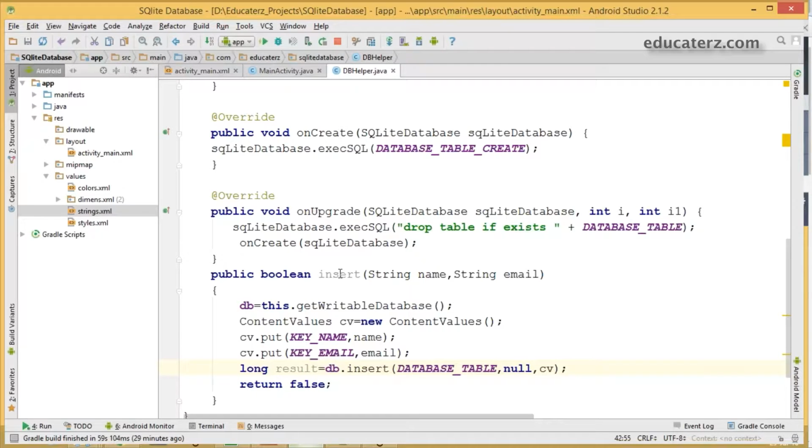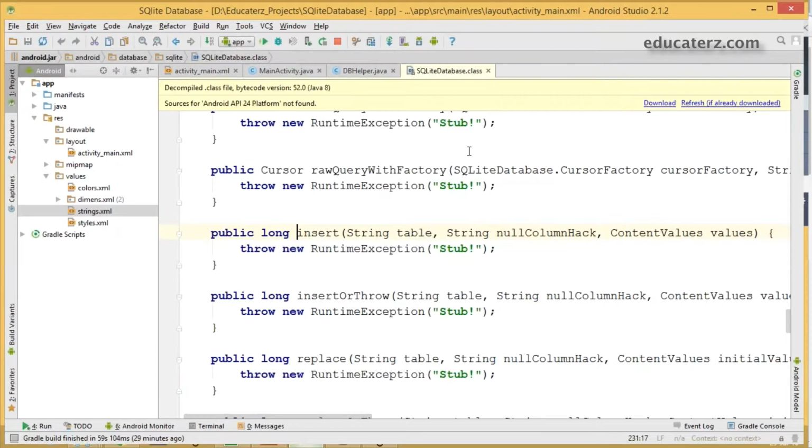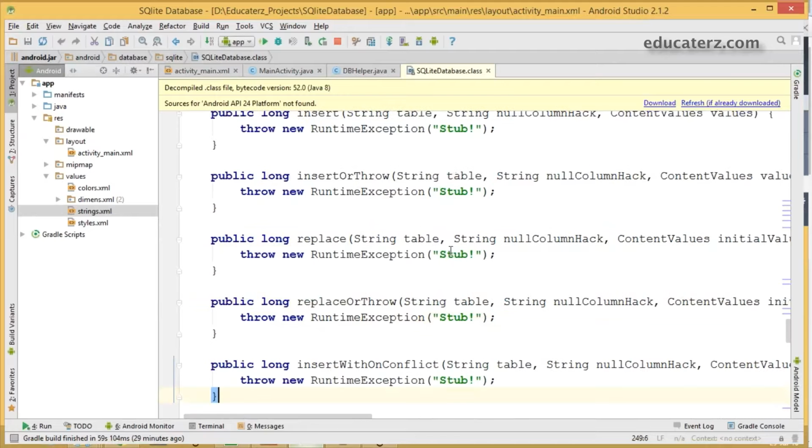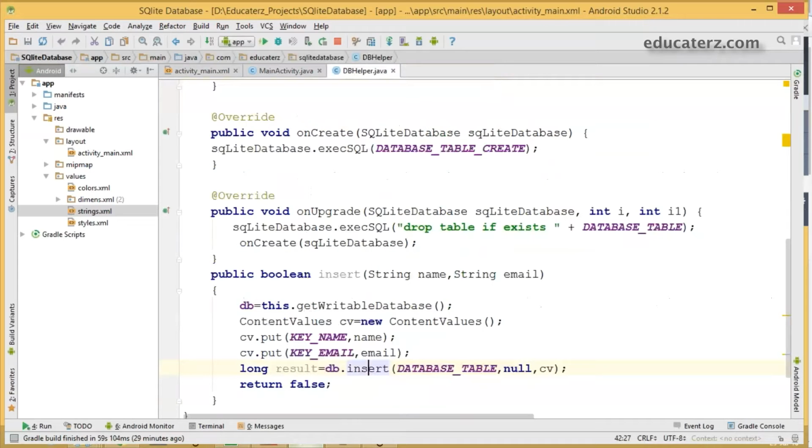To know that, just Control-click on the insert method. It will open the insert method of the SQLiteDatabase class here. It's not displaying properly. Come back and Control-click again.